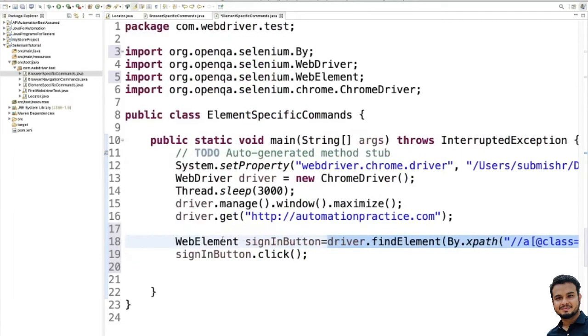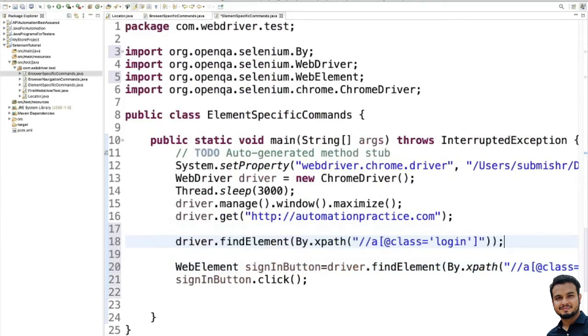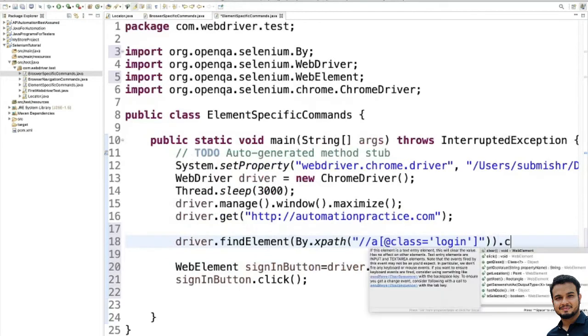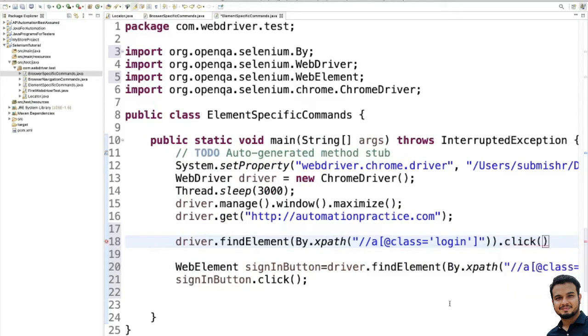If I write something like this, dot click, directly also you can write, no issue. Both do the same. Just for your understanding, you can write like this, or you can write like this. First we write WebElement, then that web element is our sign in button, then signInButton dot click. For now, let me comment it out.